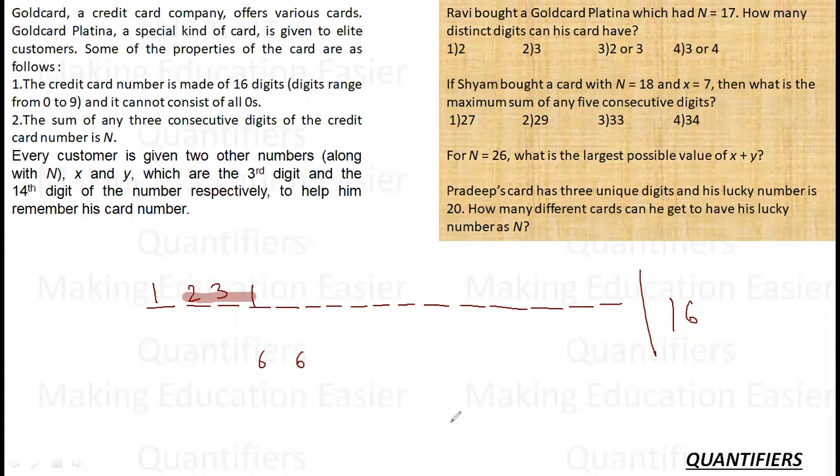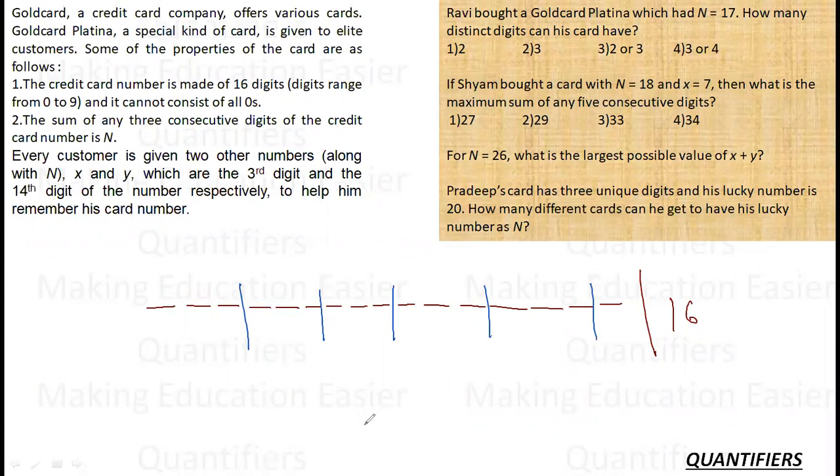Let's take the other 3 numbers now. If I take the next 3 numbers, 3 plus 1, 4, and then it has to be 2 to make it 6, and then 1, 2, 3, and it has to be 3 to make 6. So, very simple thing to observe: if there are 3 integers, these 3 integers are going to repeat again and again, and it will be a pattern. So, when I am saying 16 digits, I can actually break it like this: 3, 6, 9, 12, 15, and 1, 16.